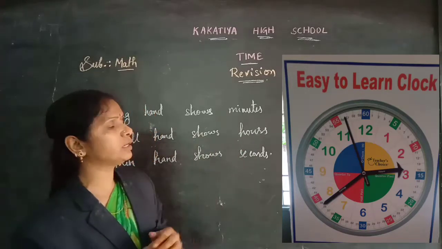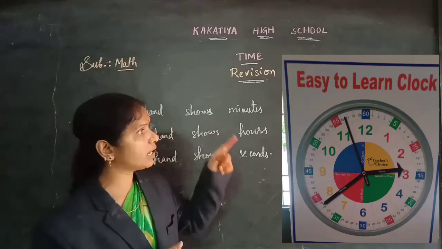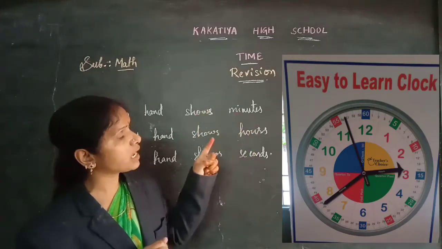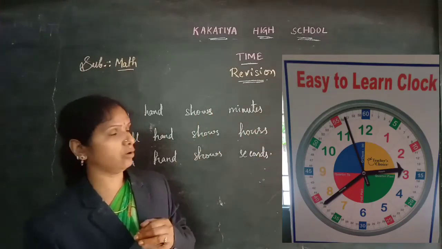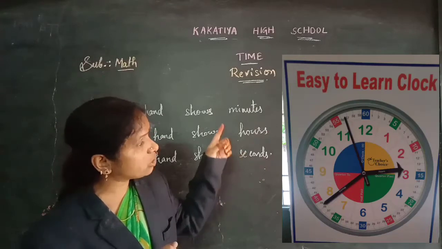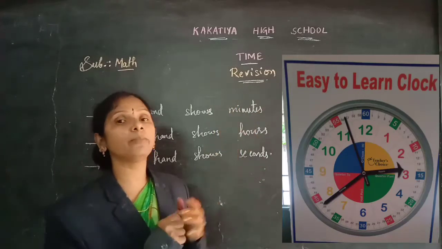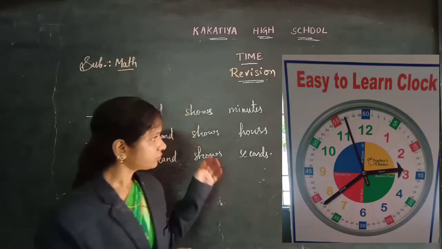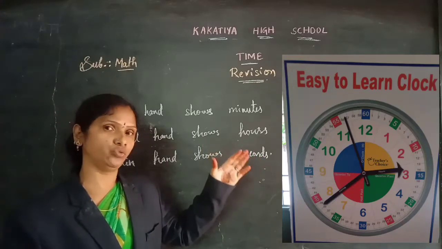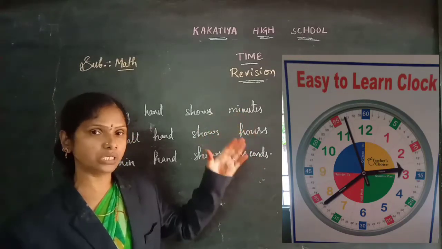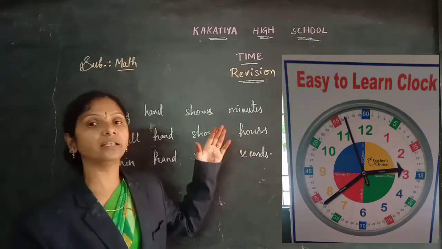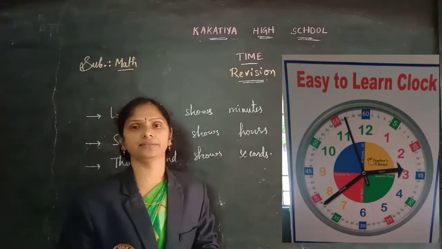As well as what you have in that picture, once you observe carefully, children, you have the numbers also. 1 to 12 numbers you have. Around that, some numbers are there from 0 to 60 again. First, 1 to 12 are the hours, children, and 0 to 60 around the 1 to 12 are the minutes. So, whatever the watch is showing, hour numbers are 1 to 12 and minute numbers are 0 to 60, and the small hand shows the hours, the long hand shows the minutes, and the thin hand shows the seconds.